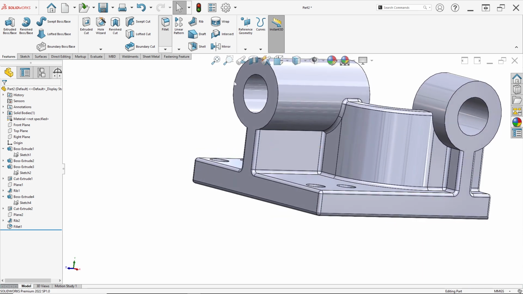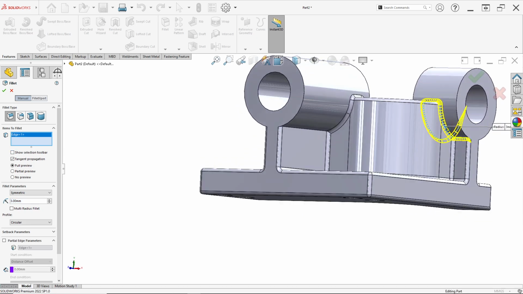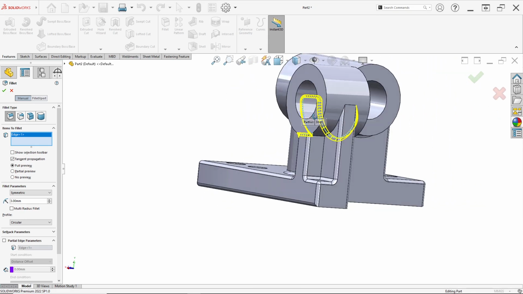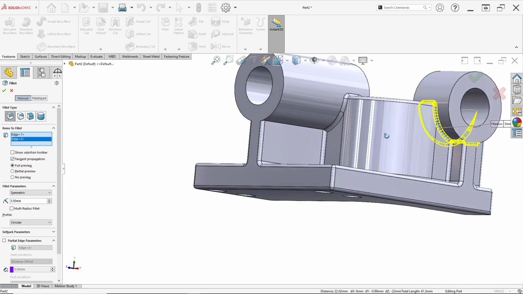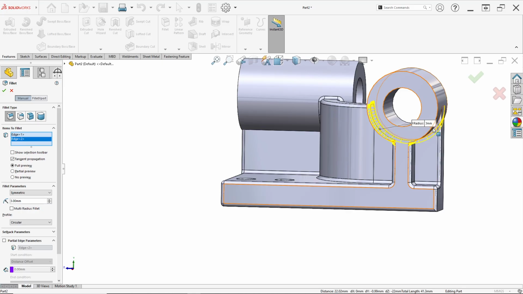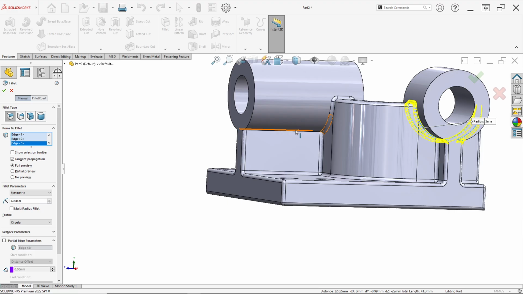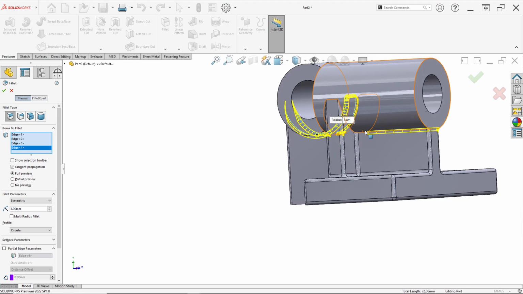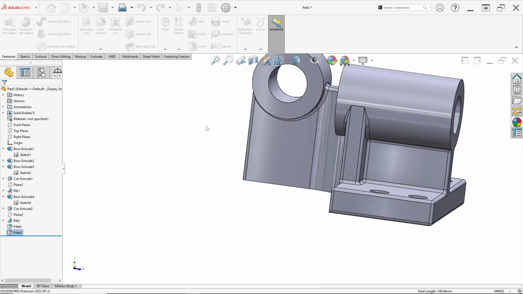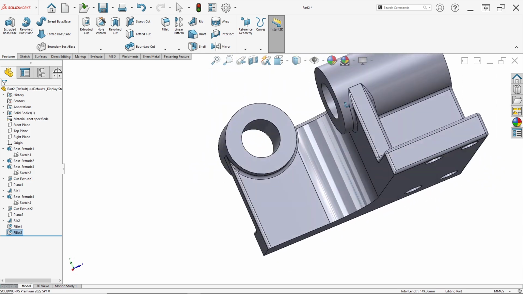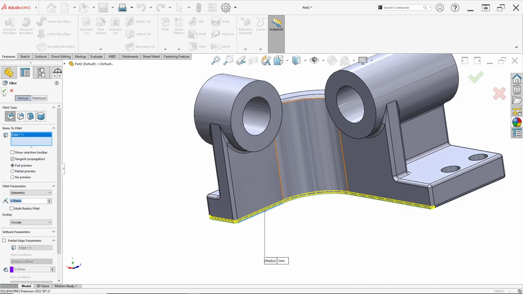Okay, we can set a fillet again, maybe in here 3 millimeter, and around here like this, and here in round here, and this round like this, and here's round, and this round, and just click OK. Okay, in here I forgot this, just click OK.